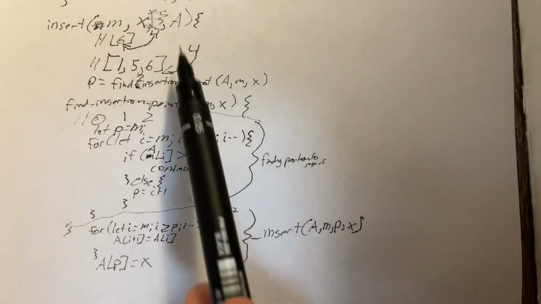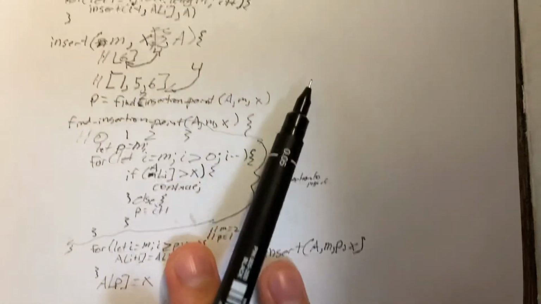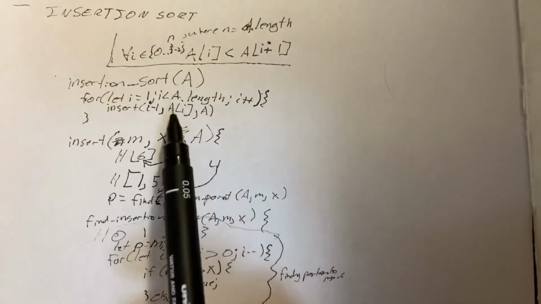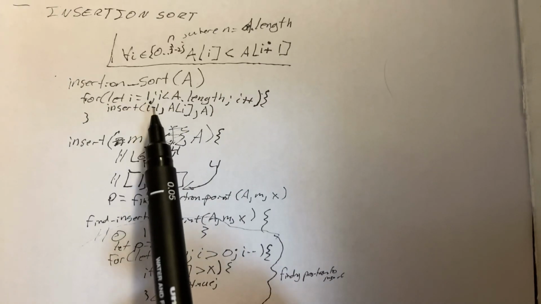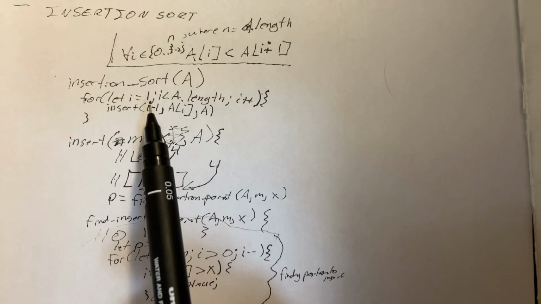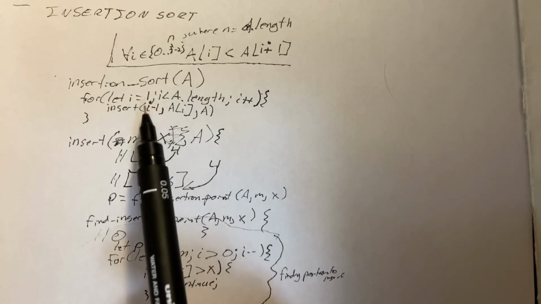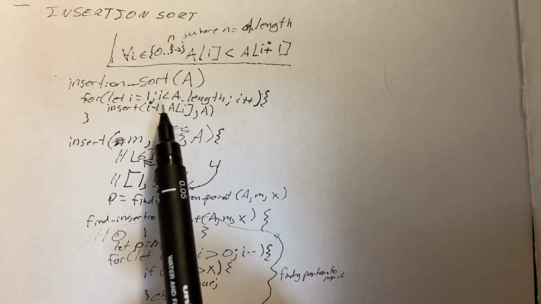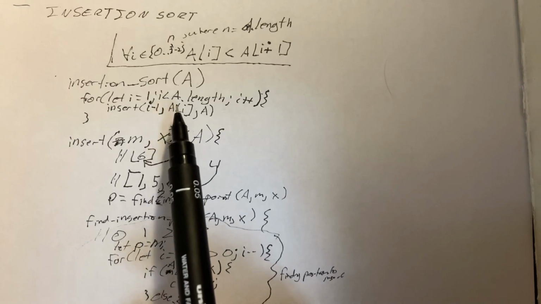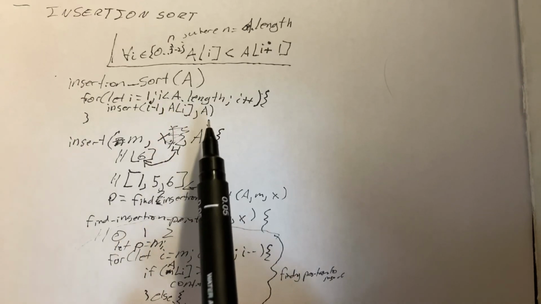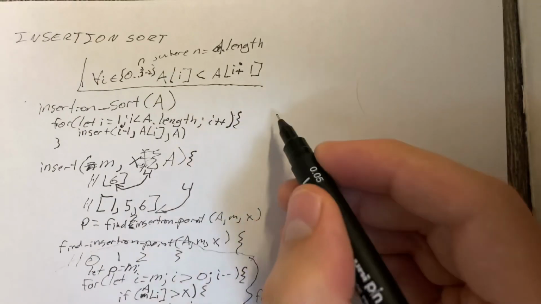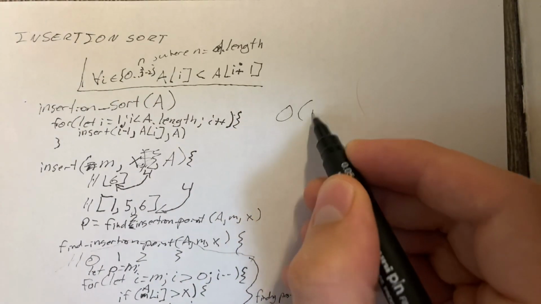So the worst case of the insert function is 2n, and the best case and the worst case are going to run n minus 1 times. So we're going to have n minus 1 times essentially 2n operations, meaning this is going to be an upper bound running time of O of n squared,